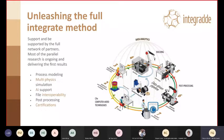So as I showed before, for this exercise, we focus mostly on 4 parts. So feedstock material, the CAM hardware and the software, building the parts and the design. But there is way more that is going on at the same time. So we are building a process model, a multiphysics model, together with DSI, for instance, using the data derived from printing all the specimens that you've seen before for further simulation, as well as building AI supports to this methodology,